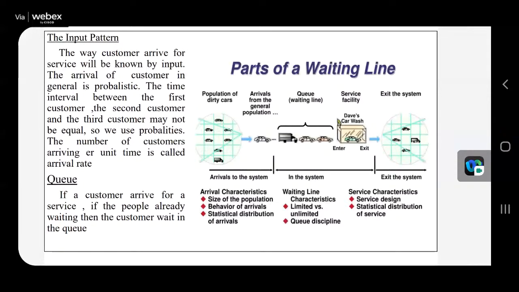Now, not all car owners will prefer to go and have their car washed. Only a few of them do prefer it. So in the population of dirty cars, some will get attracted towards the car wash. That is called arrival characteristics. It majorly depends on the size of the population. The larger the population, the more the tendency of having a car. The more the tendency of having a car, the more the formation of dirt. And the more the dirt, the more the tendency to go and clean their car. So that is the size of population.